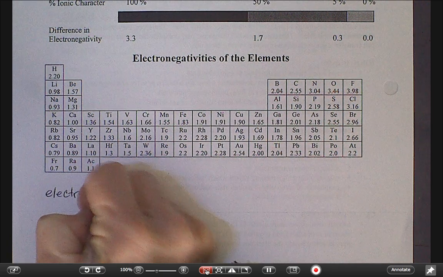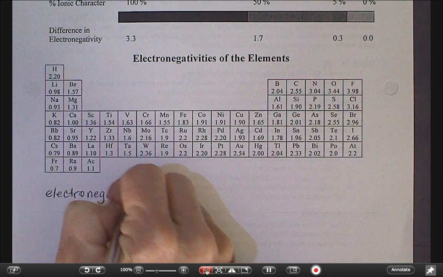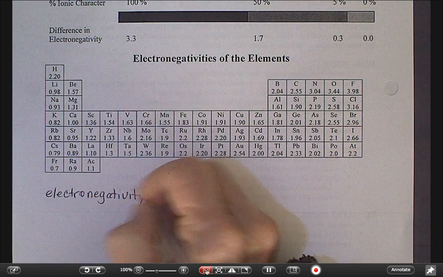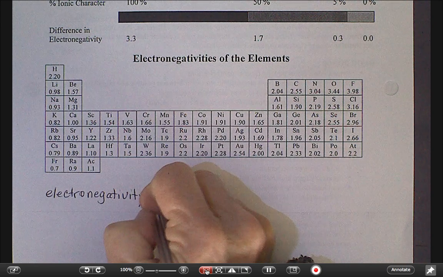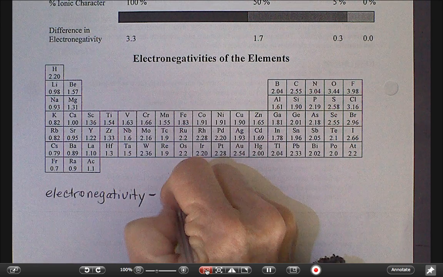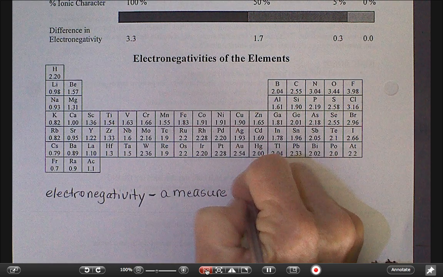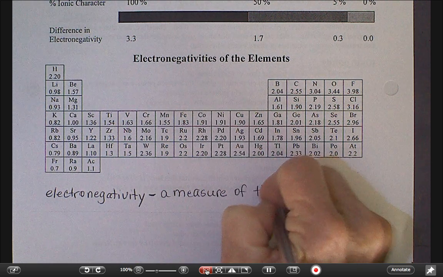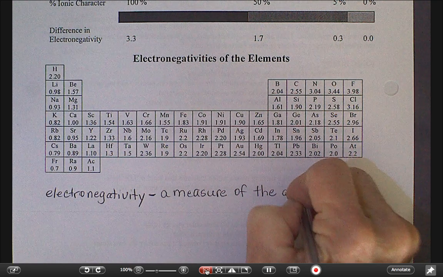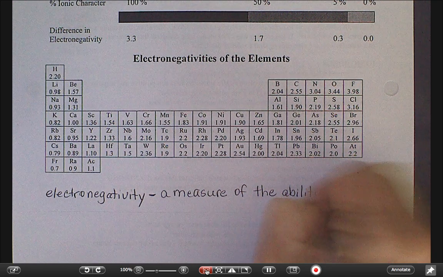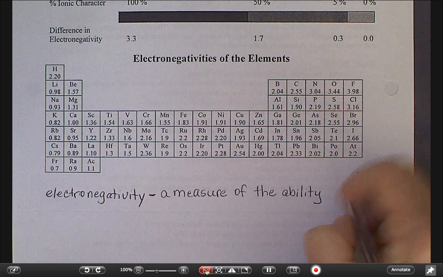Electronegativity: a measure of the ability of an atom in a chemical bond